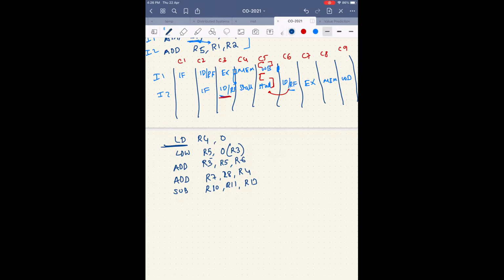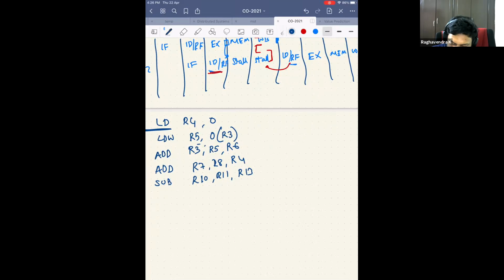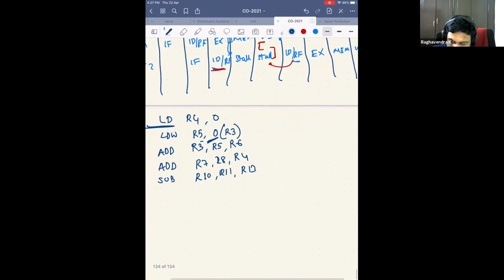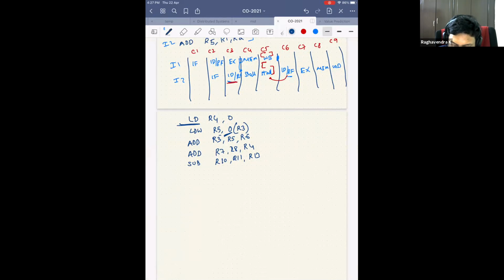Now, if we draw the table for these instructions with operand forwarding enabled, there's a dependency here, and there will be a stall in the execute stage. There's nothing called a crash, it's just that it might get delayed.